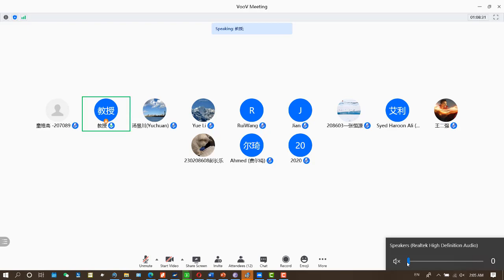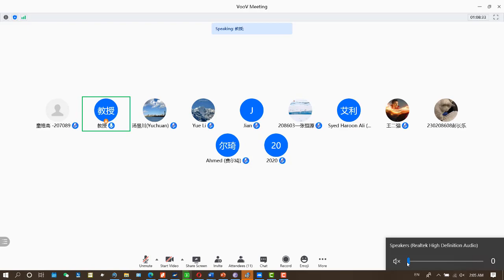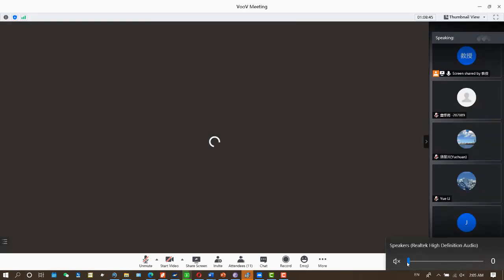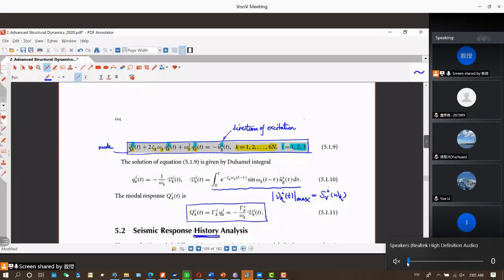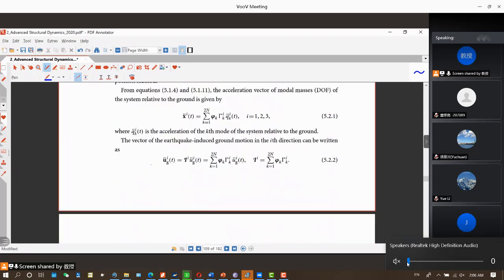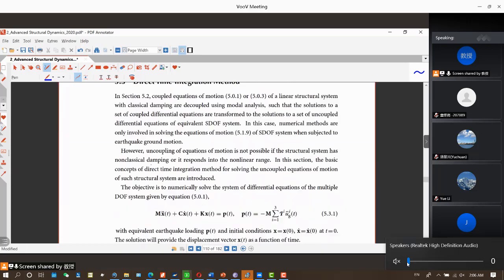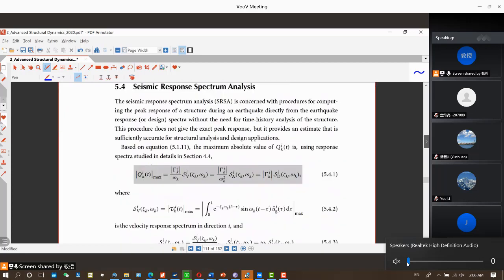Okay, so now let's study the response spectral method. We will not go through time history, and we use the response spectrum as our input to obtain the response. So the seismic response spectrum method or analysis